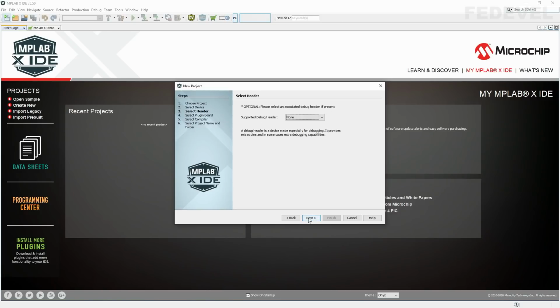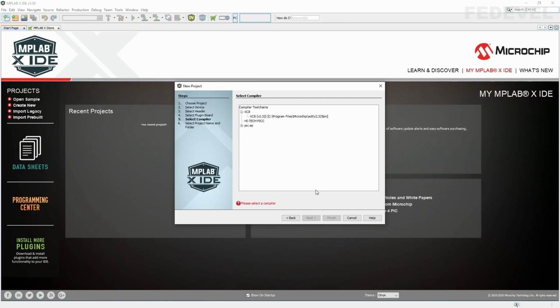Okay, just Next. We don't have any special header between the debugger and the board, so none is fine. Next. Now you can see MPLAB automatically found the compiler we installed, and it is because we checked the path when we were installing the compiler. So I'm going to select it, click on Next,